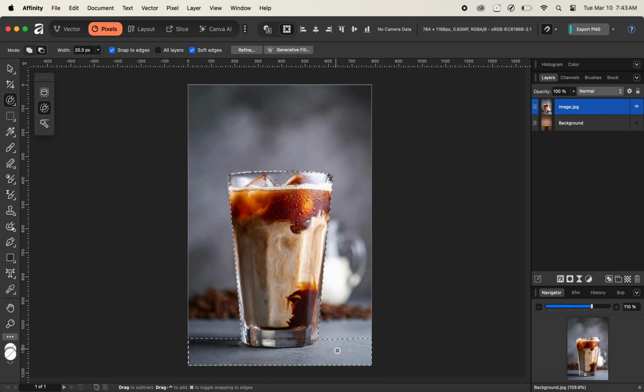So to increase the size of the brush, I'll be using the shortcut key of Command plus Control, and then simply click and drag our brush to the right like so. And now you can see that it is increasing the size of the brush. And now, after our size of the brush has been increased, let us simply brush over the extra areas like